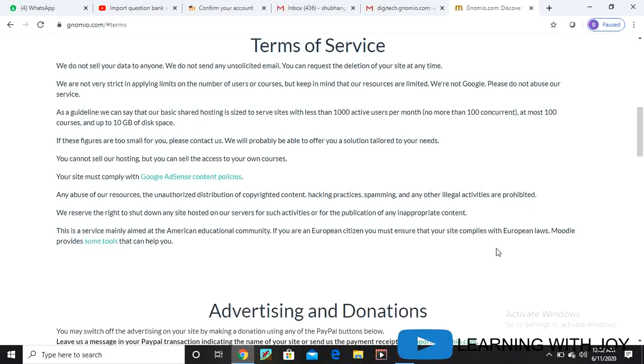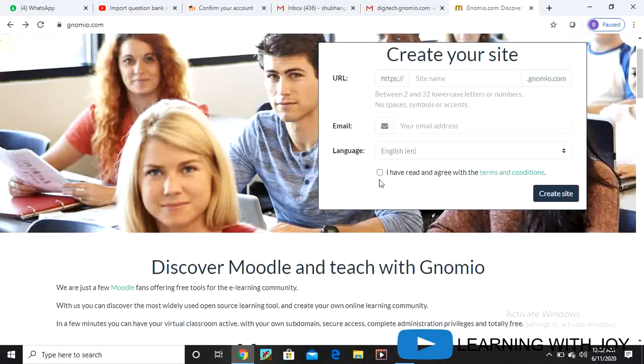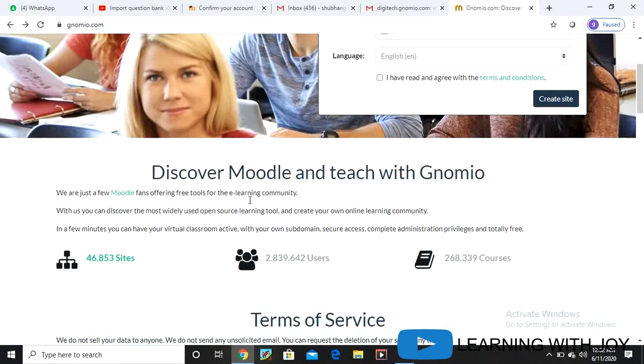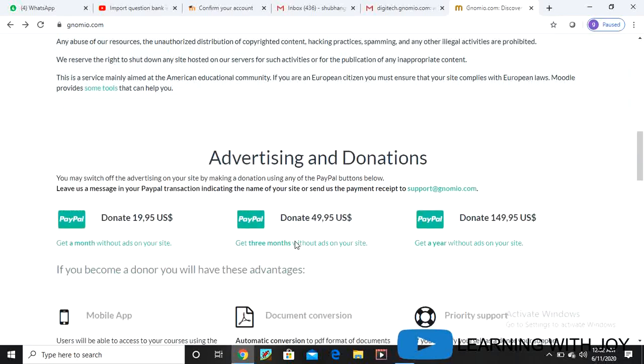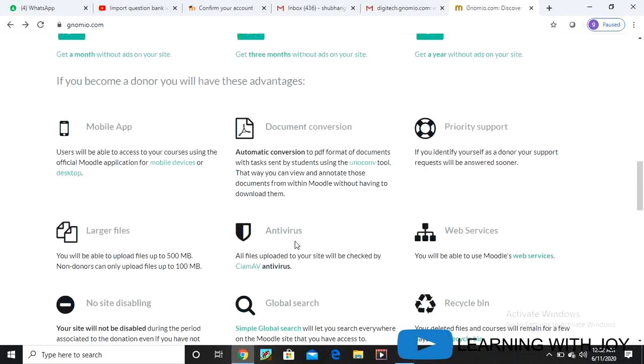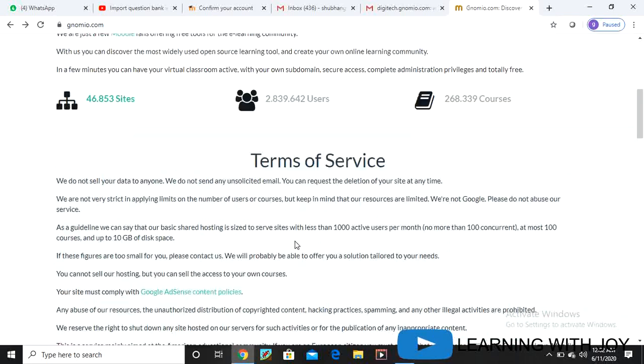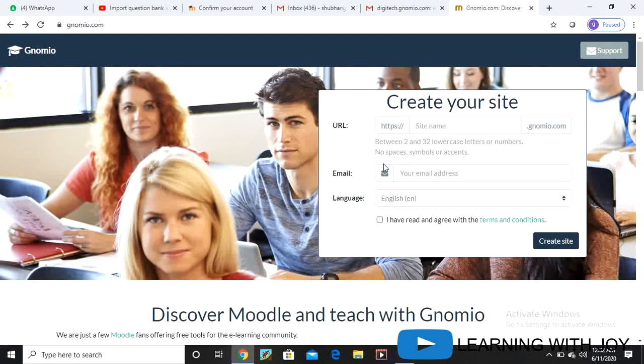You can read these terms and conditions and then click on it. To discover Genomio, you are having these options. Terms and services are mentioned here. So you can type your name, whatever site name you want to give.